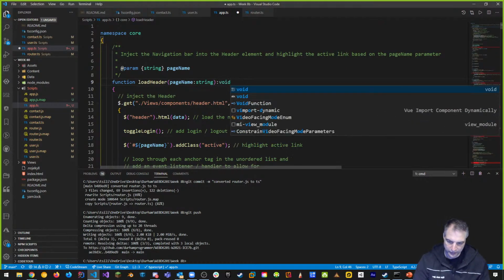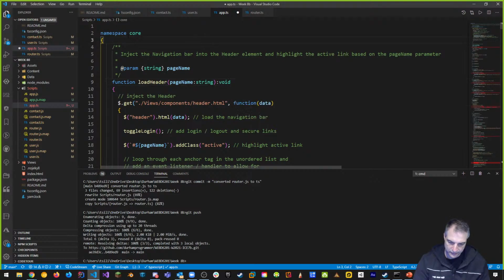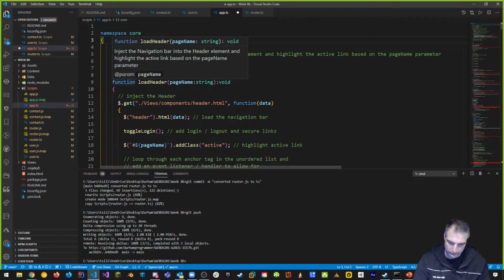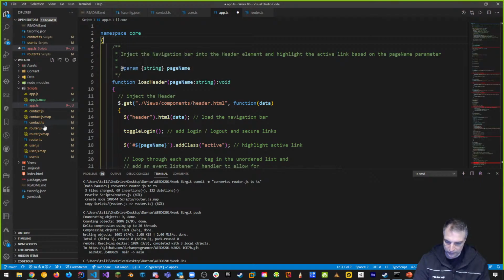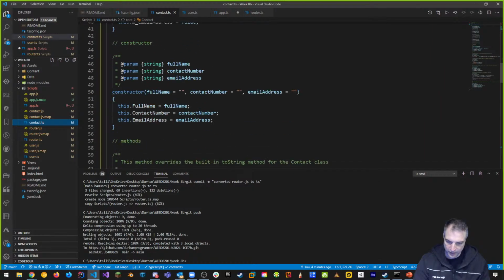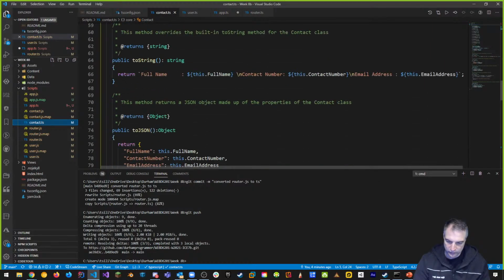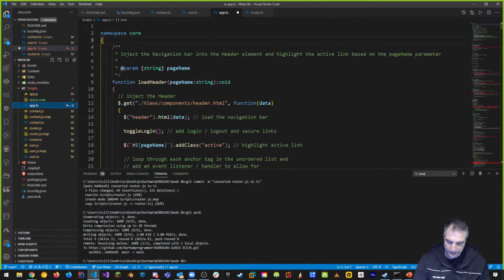We do not put public in front of our function because this is not a class. This is a file that's using the classes, right? So function is good. We leave the function keyword. Notice we didn't use the function keyword anywhere here in our methods because these are methods. If I put a function in front of this, it would error out. This is looking at contact.ts here. But in our app.ts, we would use function because this is not a class.